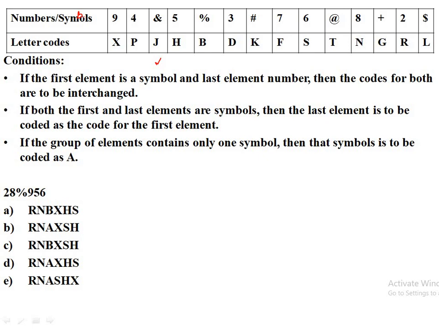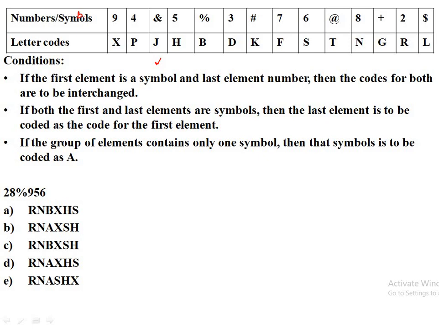Yes. So if the first is a symbol and the last is a number, then the codes have to be interchanged. Correct? Yes. If both elements, first and last, are symbols, then the element has to be coded as for the first element. If a group of elements contains only one symbol, then that symbol has to be coded as A. So these are the conditions which we have understood. So now moving on to the question. So what do we have? We have